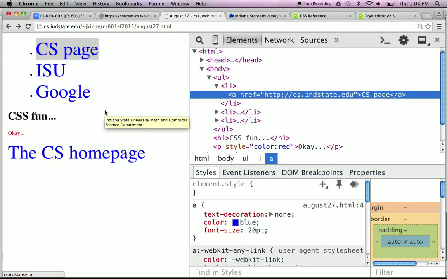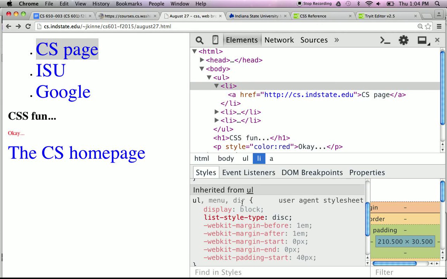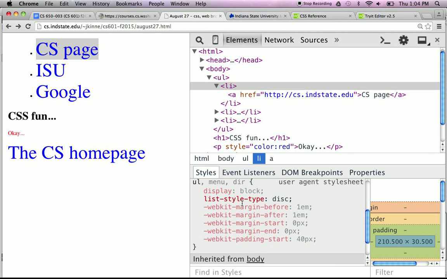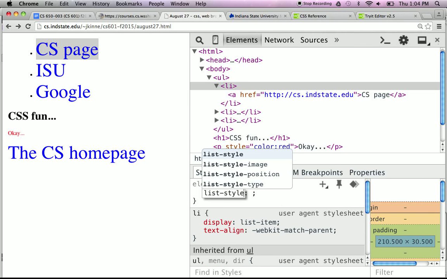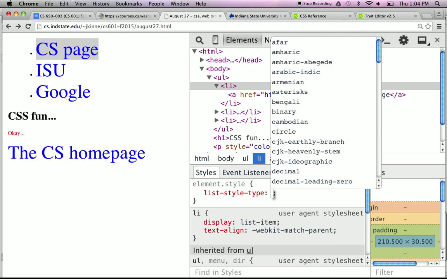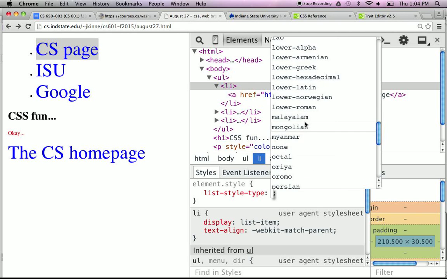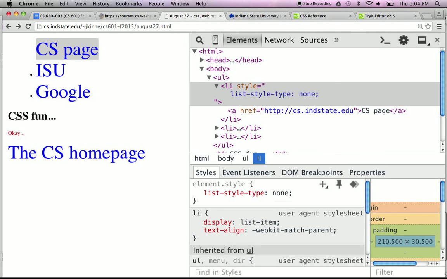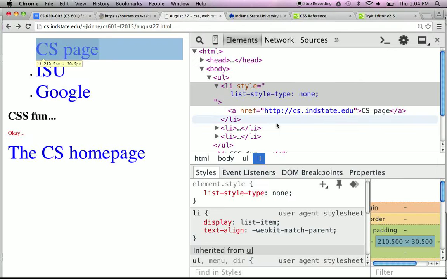There's going to be some property that's named for that, or you can try to figure it out by looking at the, so you look here, li display, so there's a display, there's list style type, so we could try to put that in. Style, type, and then there's all the choices for what this browser understands, and not all browsers will have the same list, but let's do none. Okay, so there's that. So we can go ahead and put that in here, that we could say li